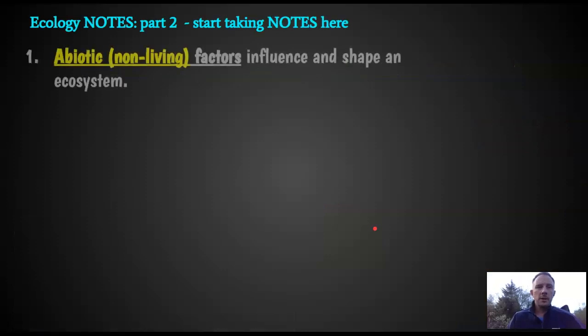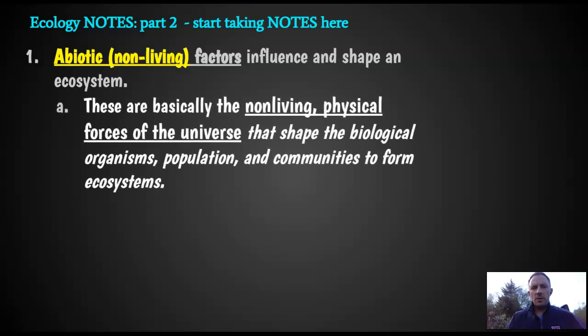Okay. So we talked about the abiotic factors, those non-living things that shape ecosystems, and we're just going to go over what they are in our notes here today. So abiotic factors are the non-living physical forces of the universe. If I reach down here, I've got a handful of rocks, things like that. It's what plants grow on. Looking behind me, you've got sunlight and air to breathe. There's water, and there's all kinds of other things that go into shaping the ecosystem.